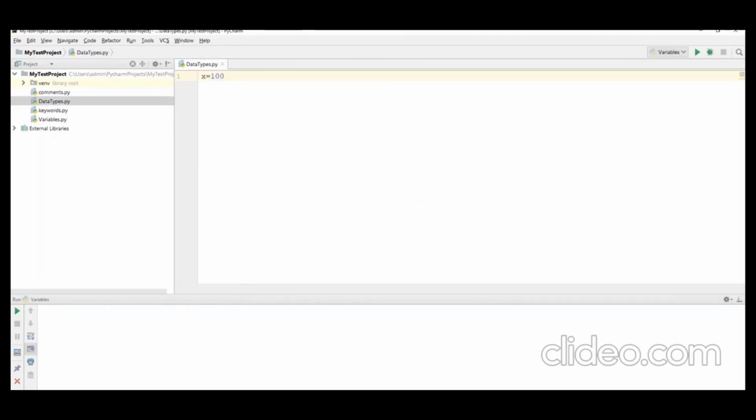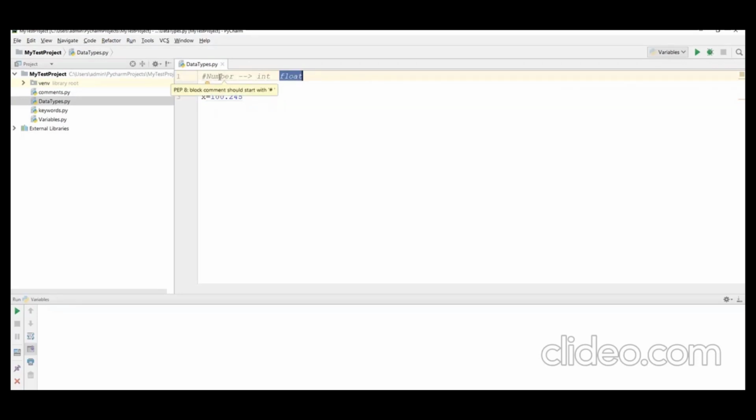As I said before, as soon as I say x is equal to 100, x will be treated as an integer variable. In the number type itself we have two kinds. One is an integer, the other one is float. In Python, when I say number is a data type, we have int and also float. int means a number without a decimal and float means a number with a decimal, a fraction number. Whenever I have a number without a decimal, that will be treated as an int, which is also a number type. And when I write, say, 100 dot something, this is a decimal number, which will be treated as a float.